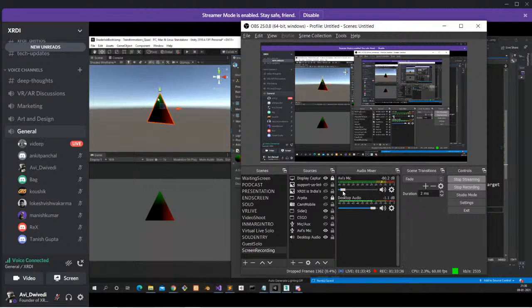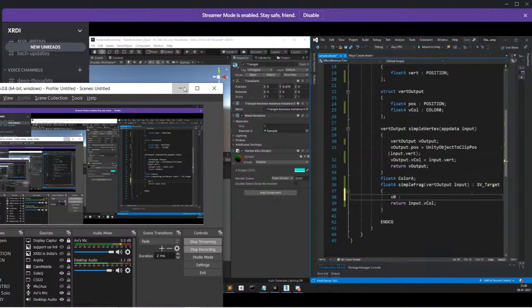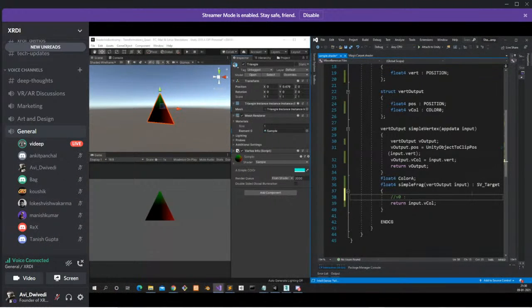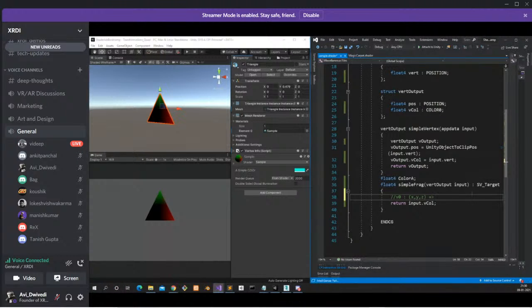So because vertex 0 is at green, like 0.5, okay, let me tell you. V0 has X, Y, Z, right? X, Y, Z position, mapped to 0.0 x, 0.5 y, and 0.0. I'm taking this value as x into RGB. All right, I'm mapping this to RGB. So just to explain this to you,